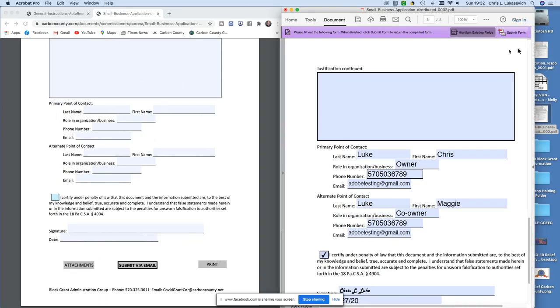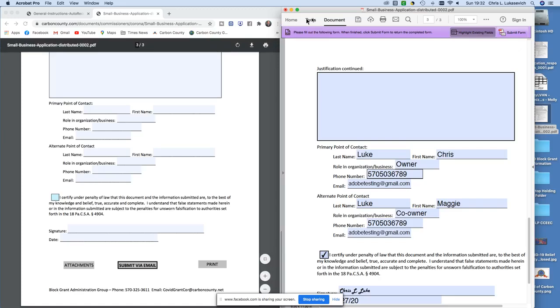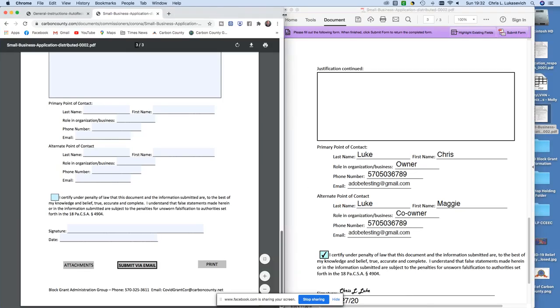This is what right looks like. You're opening it in Adobe, and you have this purple up top. It says submit form or highlight fields. Right there it is. So again, this is Chris Sugasesh playing around, showing you guys one more time how even a commissioner in less than 15 minutes, if he has his act together, can go ahead and fill out one of these forms and submit it